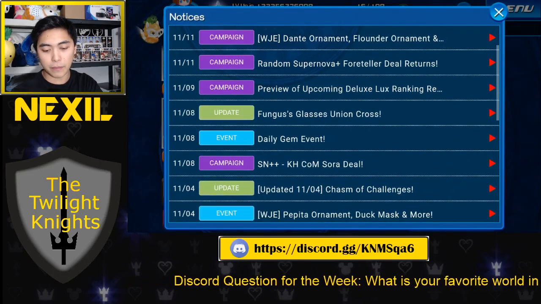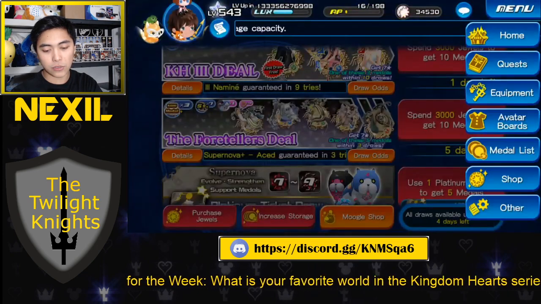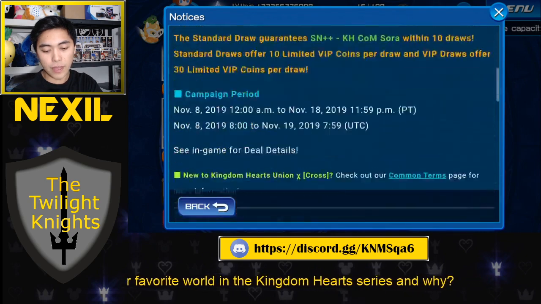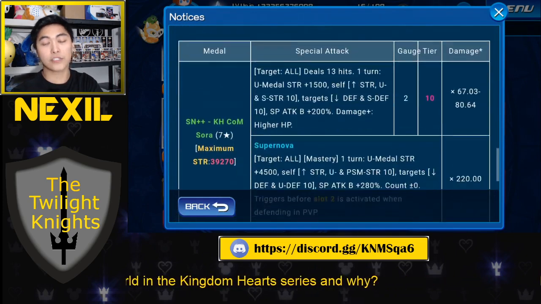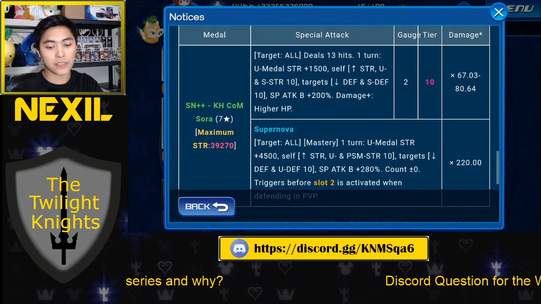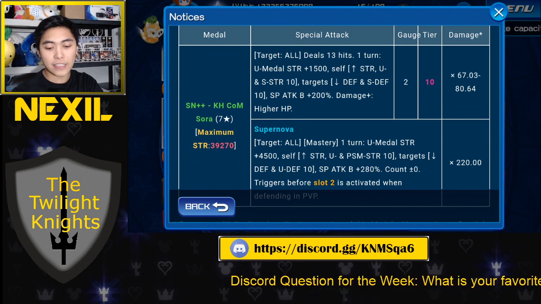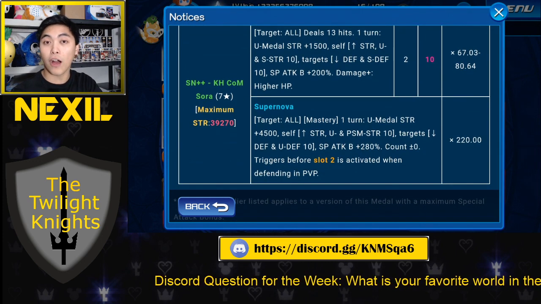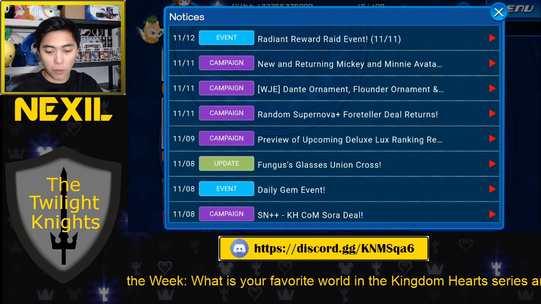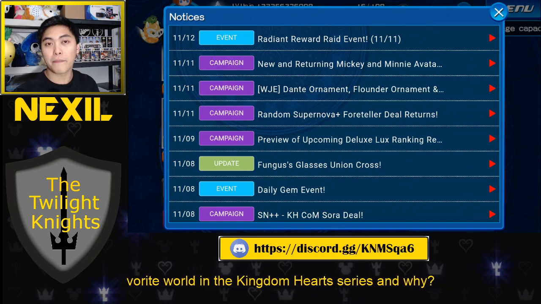So, if we go to Chain of Memory Sora here, if we can click on the notice. Going to Chain of Memory Sora. Chain of Memory Sora is a Supernova Plus+ medal. It has the Mastery skill. Its regular special attack increases all upright metal strength by 1,500, and then its Supernova attack increases, again, all upright metal strength by 4,500. So that pretty much almost completely outdoes Gula, with the one trade-off that Gula, being speed locked,